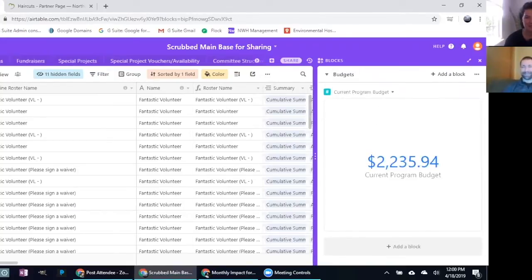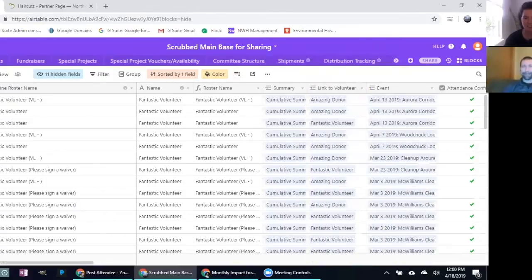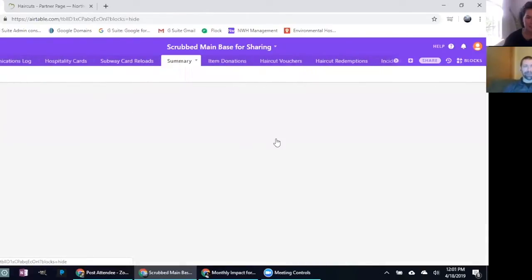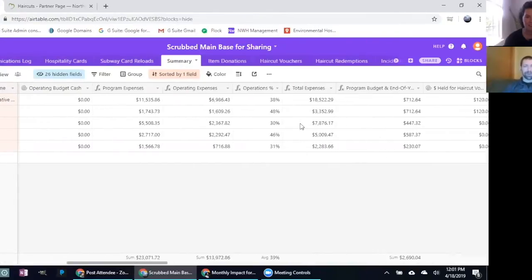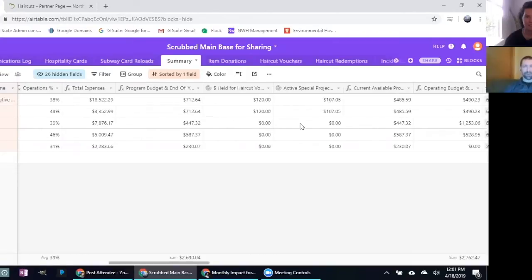Yeah, I love what you've put together here, and it's just so elegantly and thoughtfully combined into one spot where it's really easy for you to input data, see what's going on, and then also share it with others too. Mm-hmm. Yeah, and the summary tab brings together the entire database into one spot